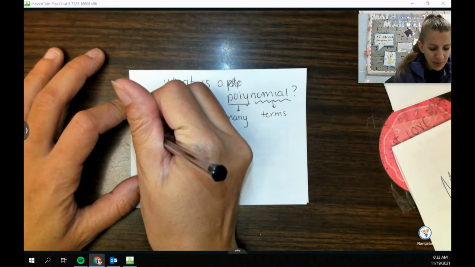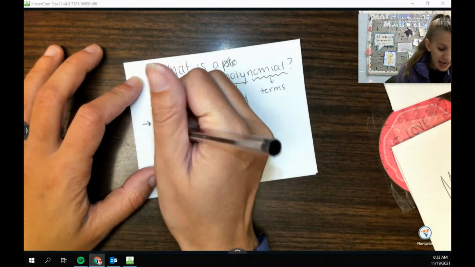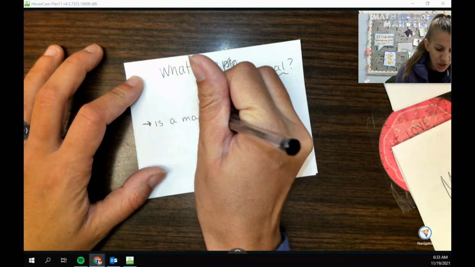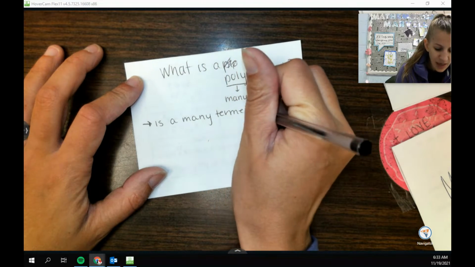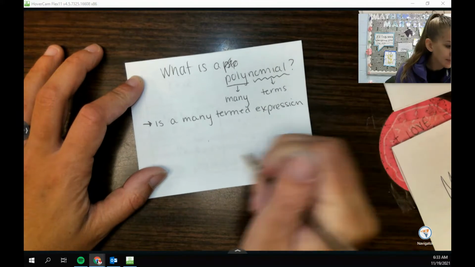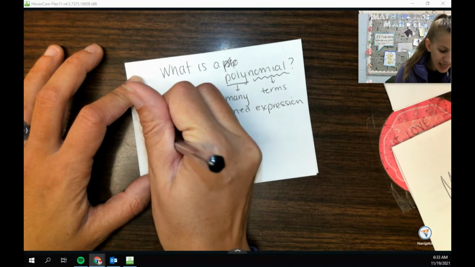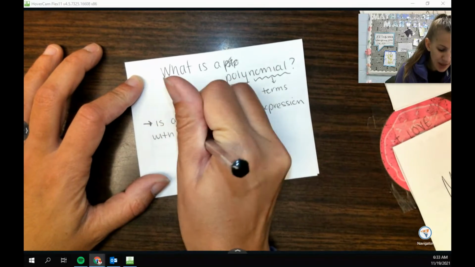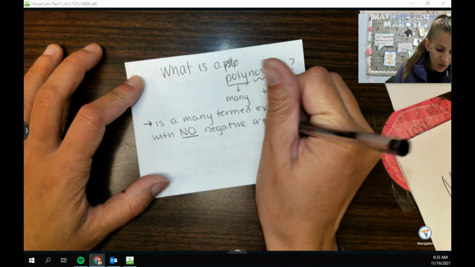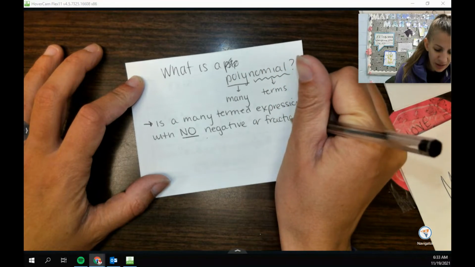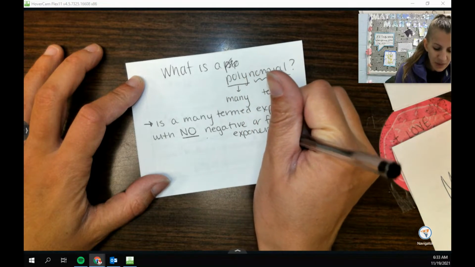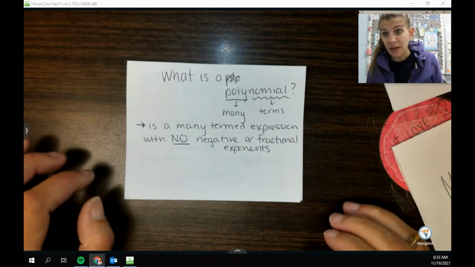And then the proper definition is: a polynomial is a many-termed expression or equation in some cases with no negative or fractional exponents. So the thing is, when we're thinking about polynomials and specifically what we're going to be doing with them today,